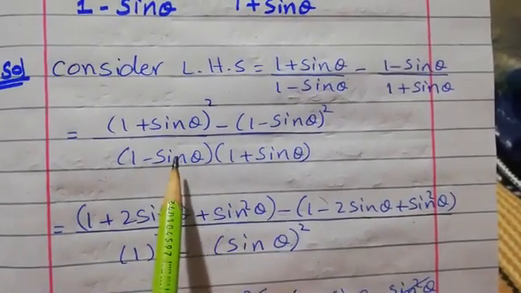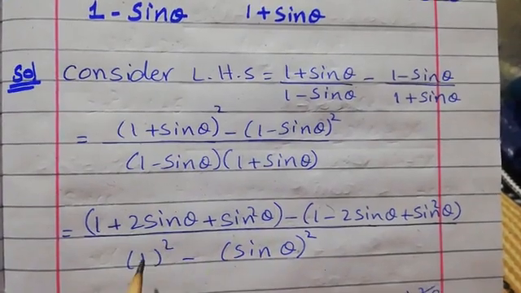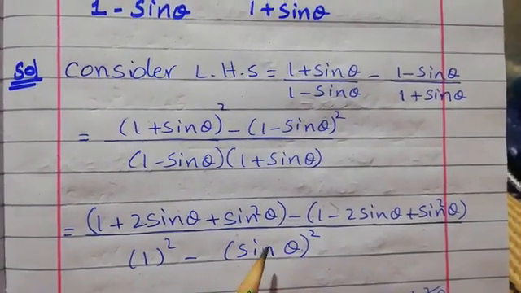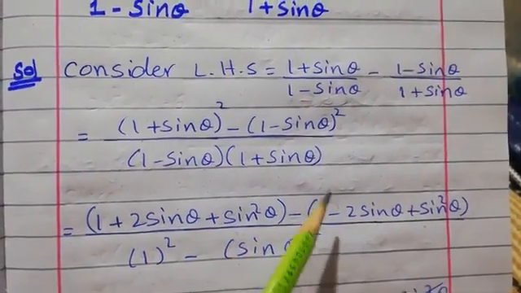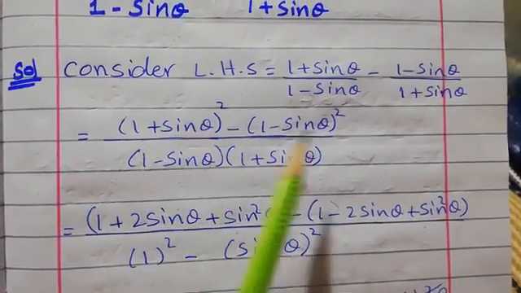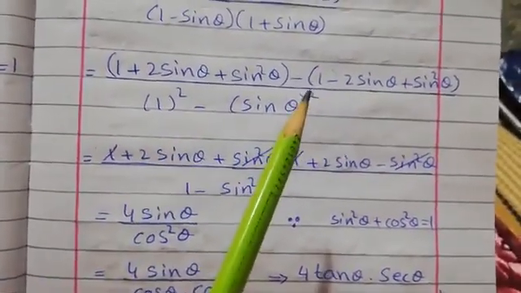And here is also the third formula, (a minus b) into (a plus b) equals a square minus b square, meaning square of the first value minus square of the second value. By using all these three formulas, we will take the squares of these values, and then we will remove the brackets now.